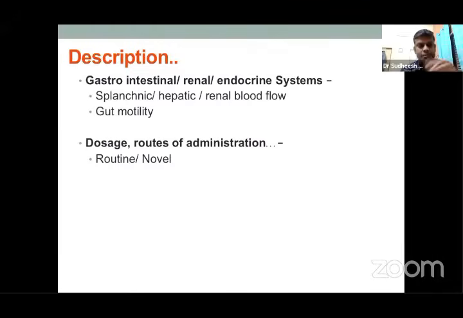Next is dose. Once you have read about the pharmacokinetics and pharmacodynamics, then next is the normal dose of a particular drug, and the dose for each route of administration. There are various drugs which can be used by a single route, but there are many drugs in our anesthesia armamentarium which can be used by multiple routes. For example, if you think of ketamine as an induction agent, it can be used intravenous, intramuscular, intranasal, perrectal, intrathecal, epidural, block, and even sublingual. You can use it by various routes.